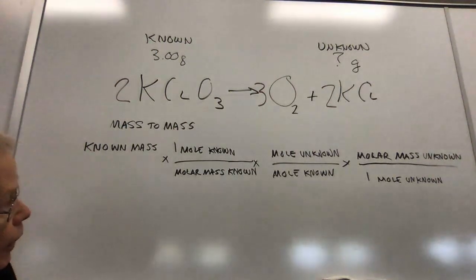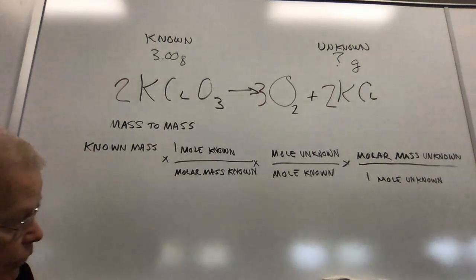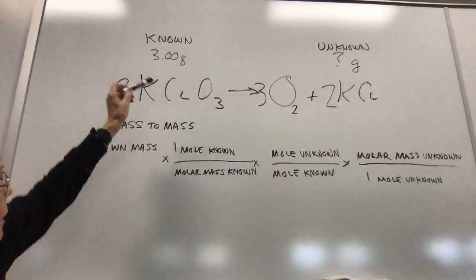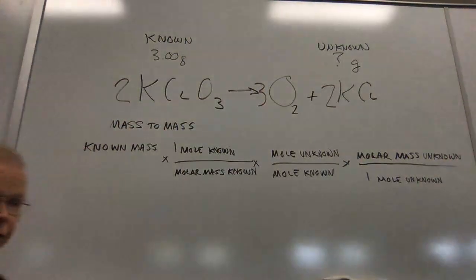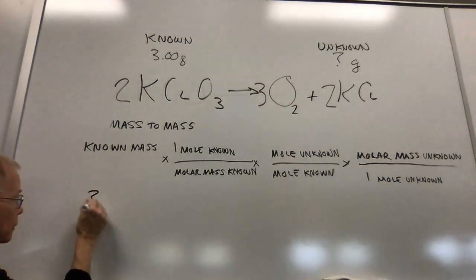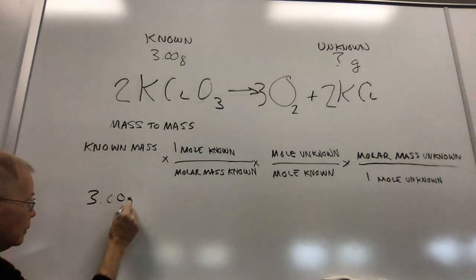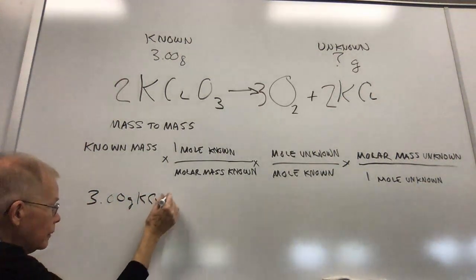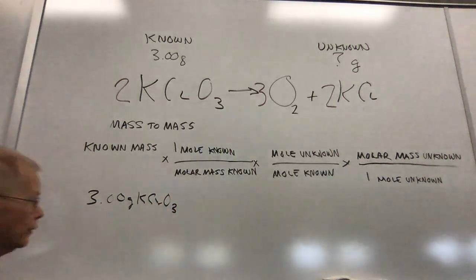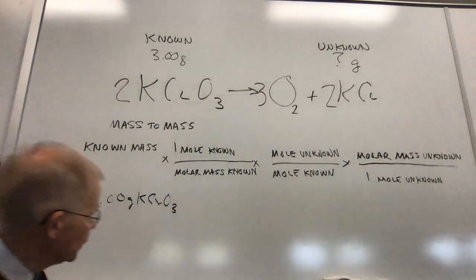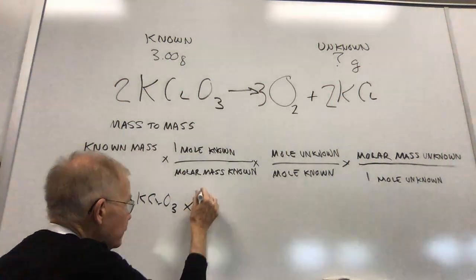Okay, and I'm going to put some numbers in now. For my known mass, that's the potassium chlorate, I'm going to list 3 grams KClO3. That's my known. Next, I'm going to put 1 mole of the KClO3